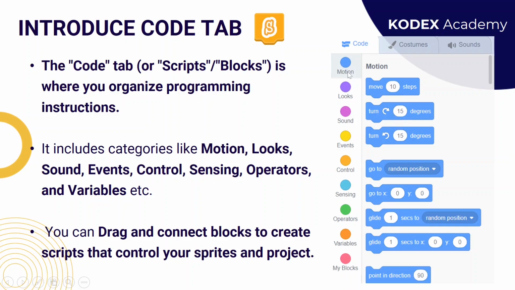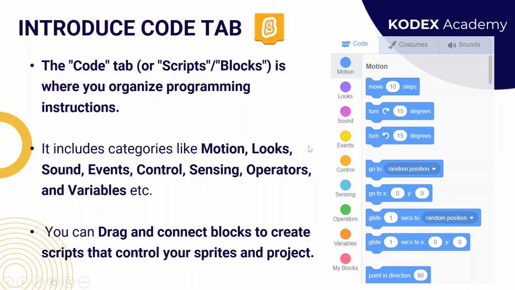So you can see here, for example, in the motion block palette there are multiple command blocks available, and each command block has specific instructions. When we are going to write our program with the help of these blocks, you can drag and drop these command blocks in the script area, and on the basis of that your program will be designed. And once your program is designed, you can run it and you can see the effect in the sprite area. So now first we discuss the motion block palette and how it contains different kinds of command blocks, and how each command block will work in Scratch.